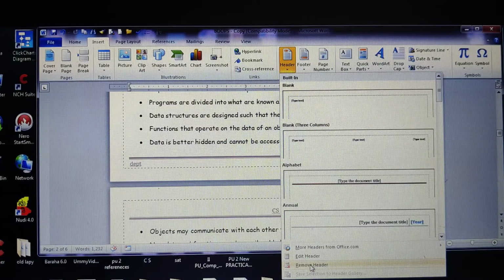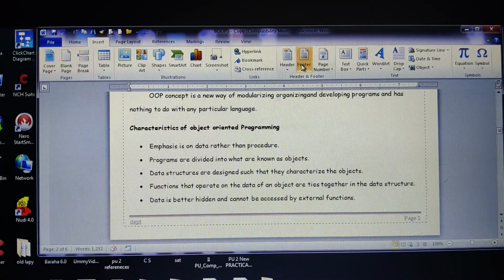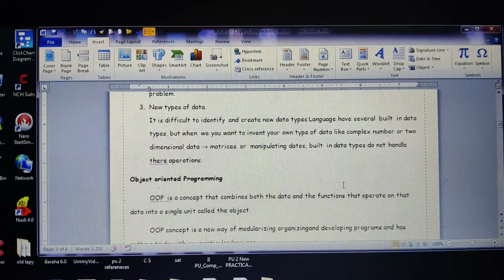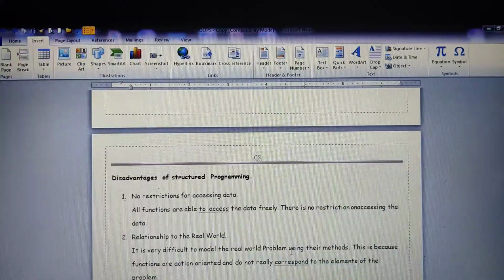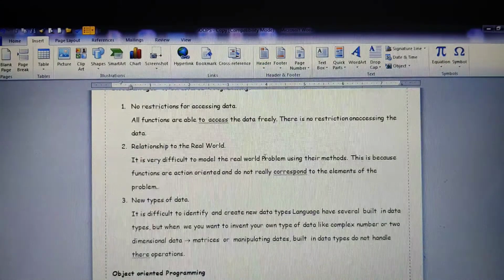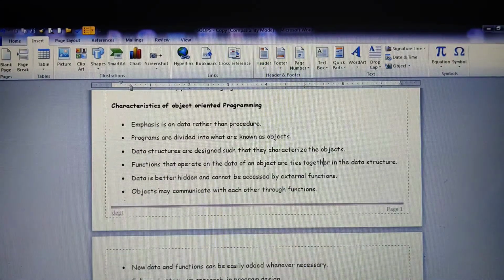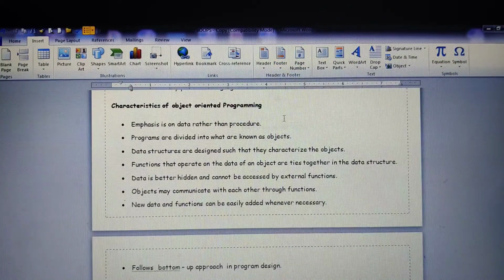Click on the remove header, and click on the remove footer. Let me show it again here. Just click on this and remove header. See, the header has disappeared, and similarly you can even remove the footer also. Remove footer.